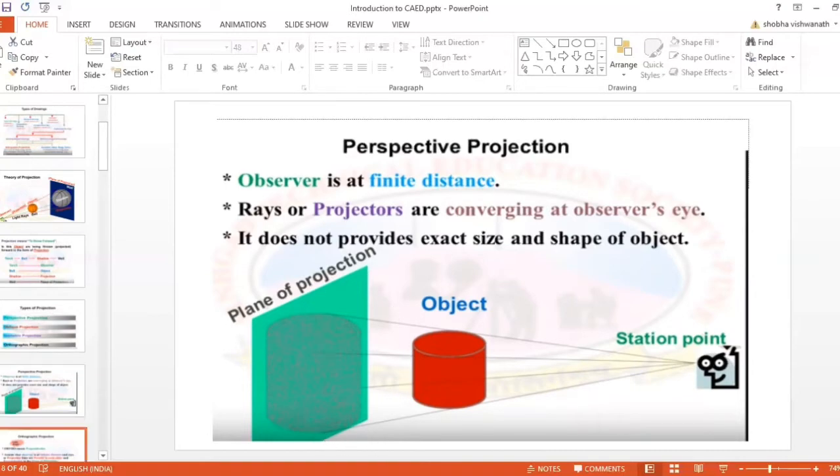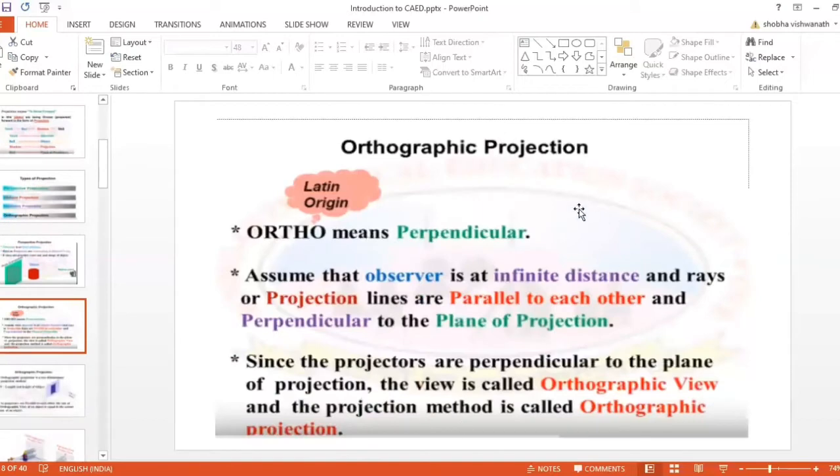Now let us see. Mainly you're going to concentrate here on orthographic projections. Most of the engineering drawings are based on orthographic projections. You're going to concentrate more on orthographic projections. It's a Latin word. Ortho means perpendicular. Assume that here the observer is